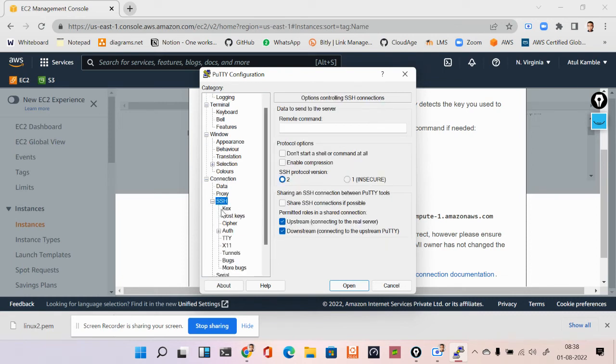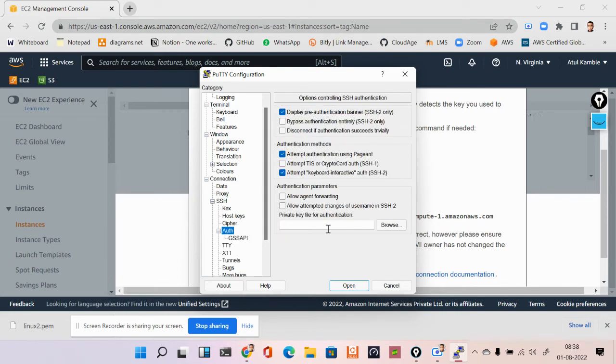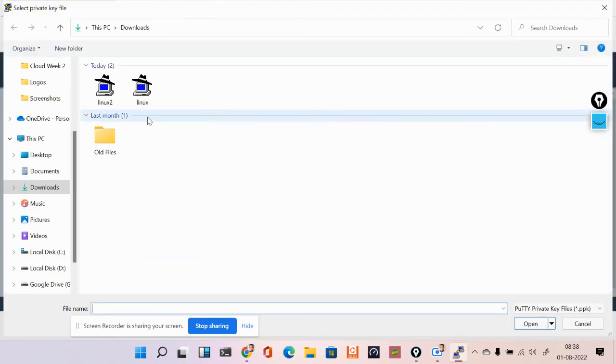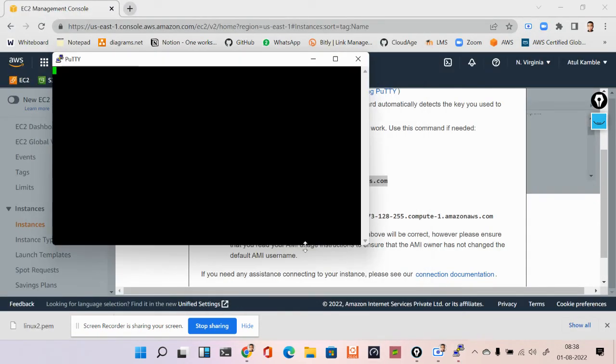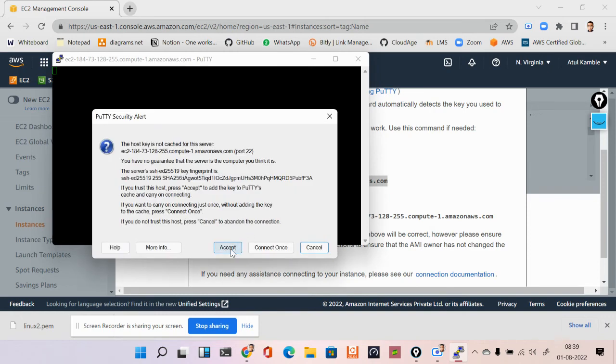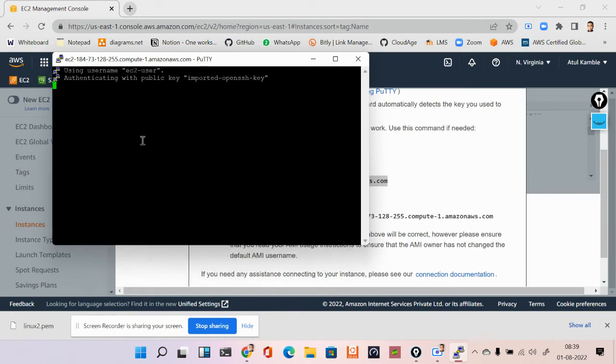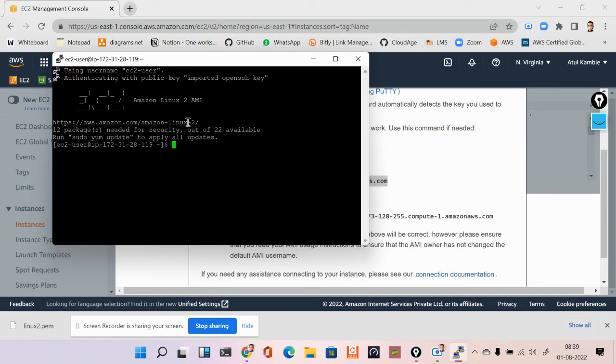Click on SSH Auth, browse for the .ppk file that we have just created. Click on Open, accept the certificate, and we are connected to our instance by converting our .pem file to the .ppk and accepting it